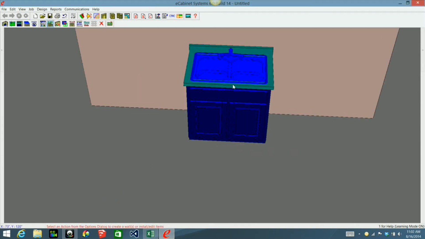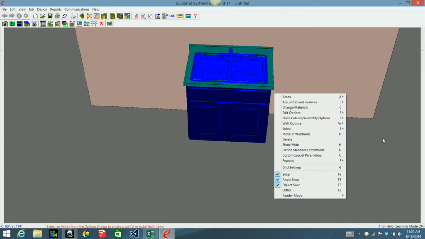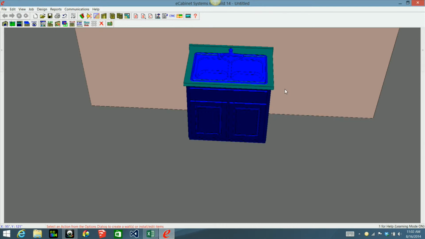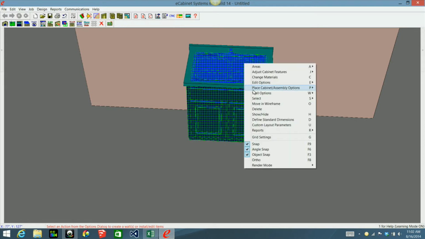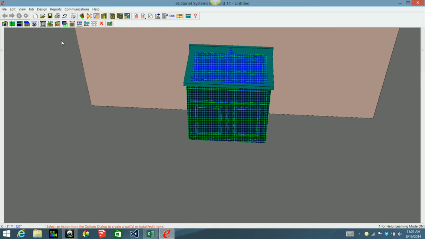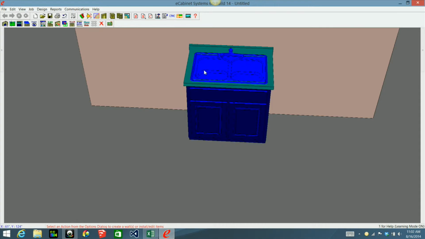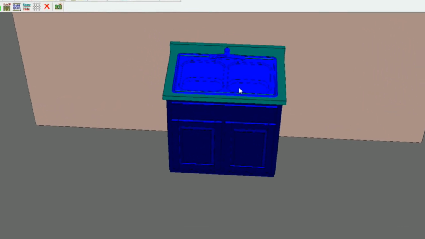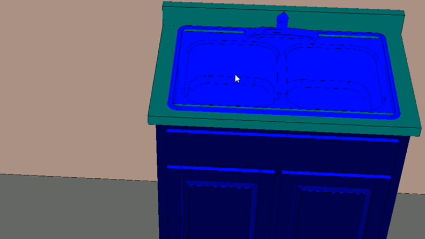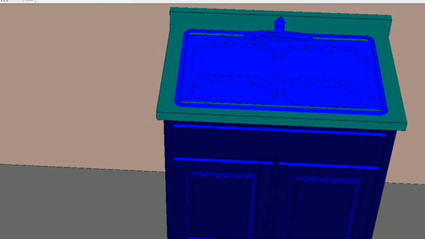And there you have it. There's your sink. As you can see, I probably got it a little bit too low. And you'll find out that you'll have to play with this a little bit, but once you get it right, it's there, it's right. So as you can see, the countertop's bleeding through a little bit. So what I need to do is go back into edit,